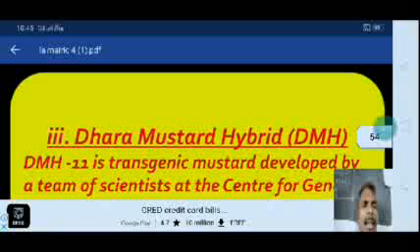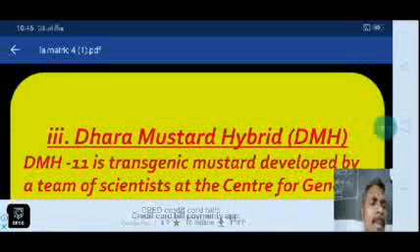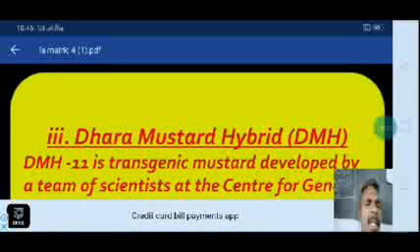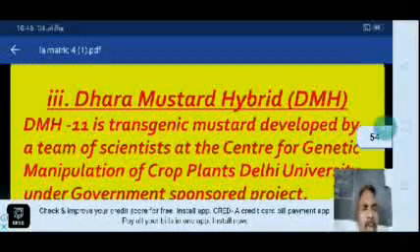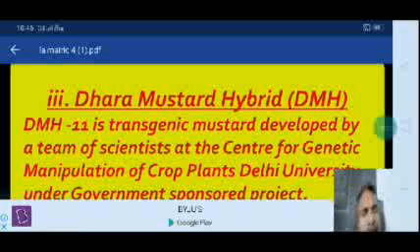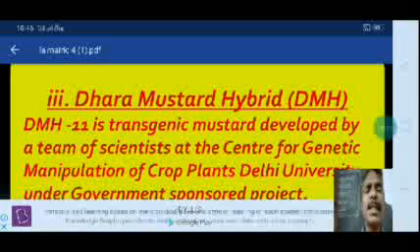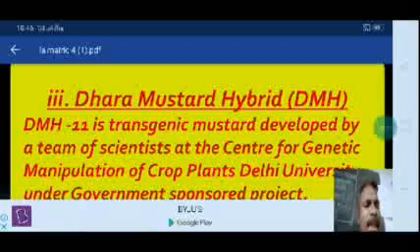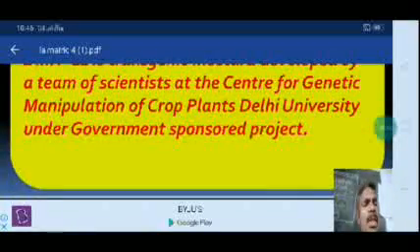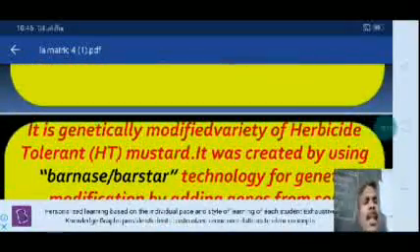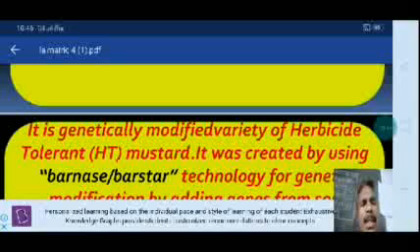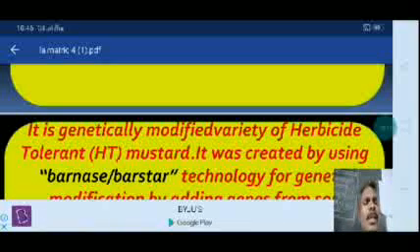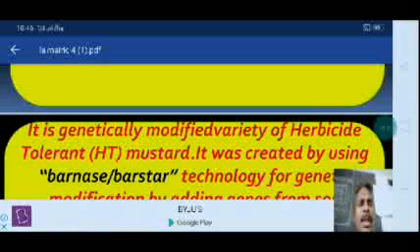The next one is Dhara Mustard Hybrid, DMH. DMH-11 is a transgenic mustard, mostly produced by transgenes, where foreign DNA is introduced. It was developed by a team of scientists at the Centre for Genetic Manipulation of Crop Plants, Delhi University, under government sponsored projects. It is a genetically modified herbicide tolerant, HT, mustard. It was created using Barnase